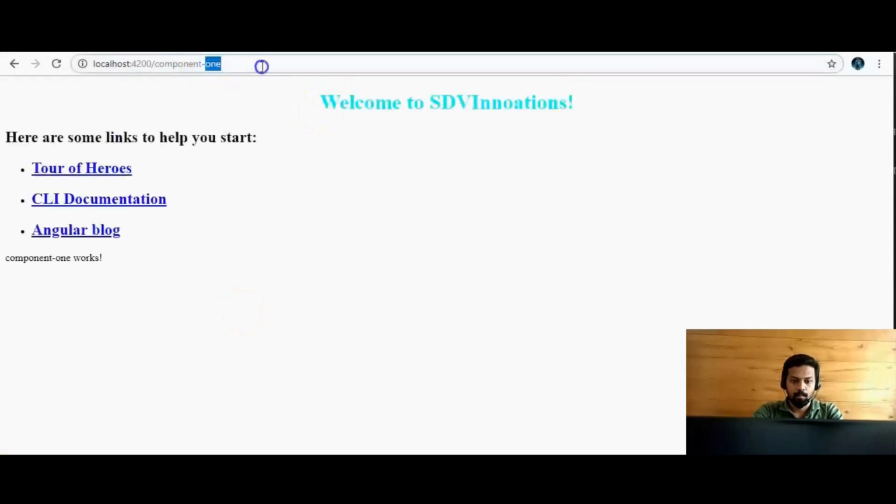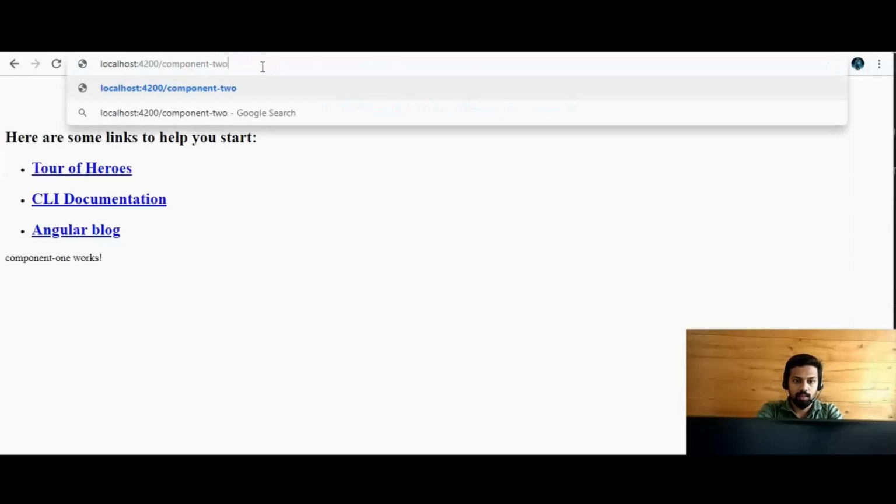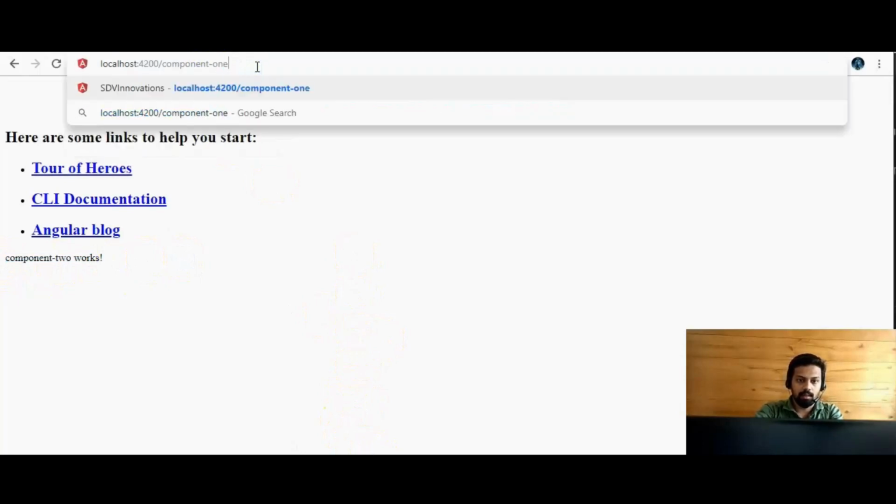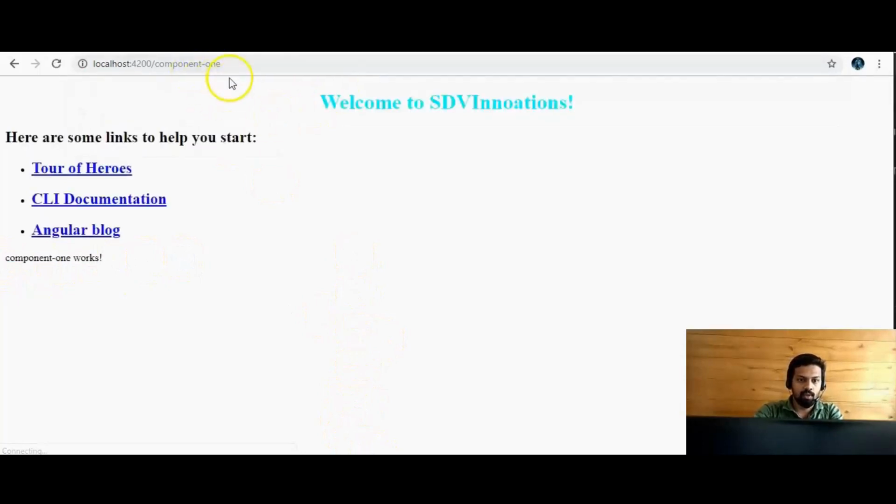And we can check with the browser by typing component 2 and pressing enter. Yes, the two components are loaded, meaning component 2 is loaded now, and component 1 is also loaded. And we need to check this by routing a button or a link in the component 1 section